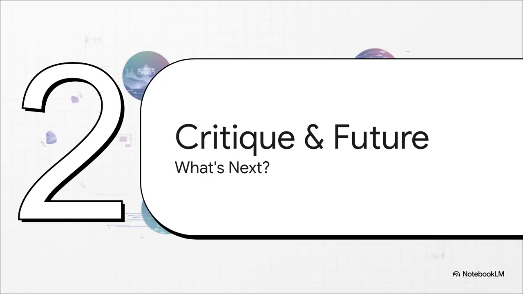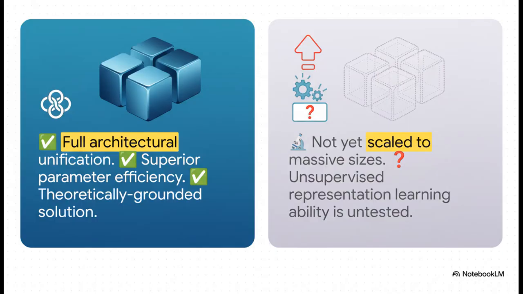All right, so where do we go from here? This is an amazing paper, but like all great research, it's not the end of the story. It opens up a ton of new questions. So let's take a quick, balanced look at the clear strengths and the big question marks that remain. Let's be clear, this is a huge step forward. The strengths are obvious. They finally achieved that holy grail of a unified architecture. It's wildly parameter efficient, and the solution is so satisfying because it's based on a real theoretical understanding, not just